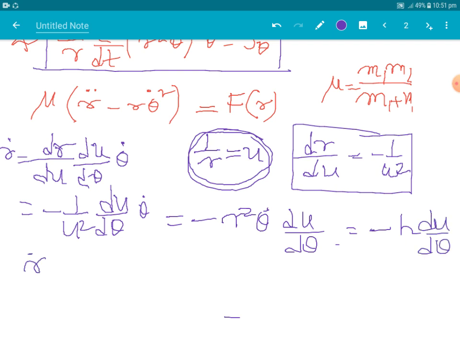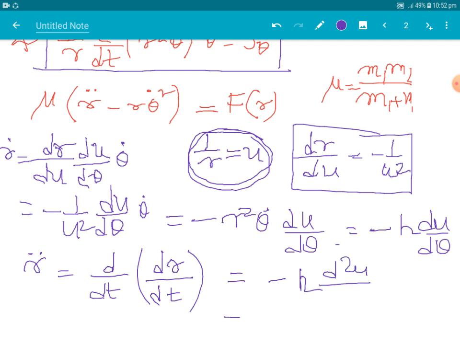And similarly we get r double dot, which is nothing but d/dt of dr by dt. Similarly we get minus h d2u by d theta 2, times theta dot, into dr by du, that is h by u square, again r square theta dot, that is